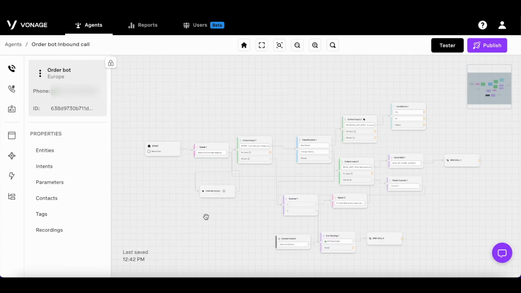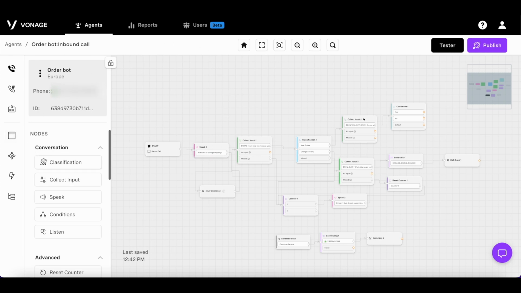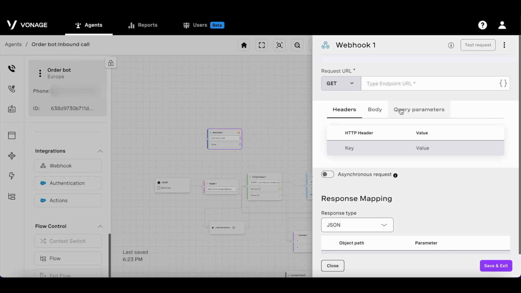Let's talk about integration. Studio makes integrating into CRMs and SQL databases as easy as a dream. There are a few ways of doing this, either through our dedicated nodes for Salesforce or by using webhooks. Let's look at webhooks first. Webhooks can be used in cases where your database accepts HTTP API requests. This means that the database needs to be REST API compliant.